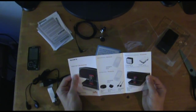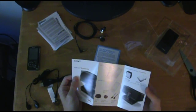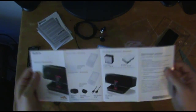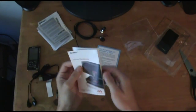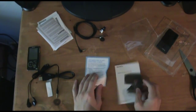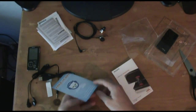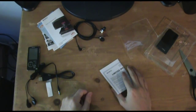However, that is a new thing. Walkmans have always come with good headphones. I know that the X series comes with great headphones, which is very tempting. But the reason I chose to buy this device over what they're advertising here, the S series, which comes with the built-in speakers, is because I don't need to listen to music on some crappy cell phone speakers. That doesn't interest me. And other than that, there's no difference between the E and the S series,